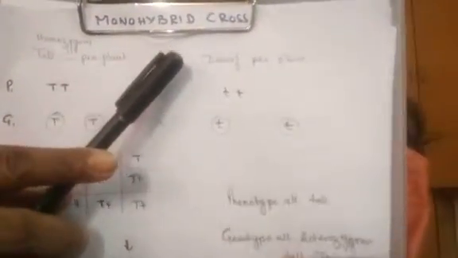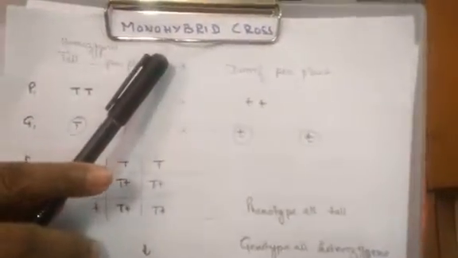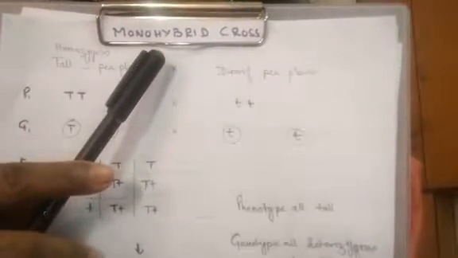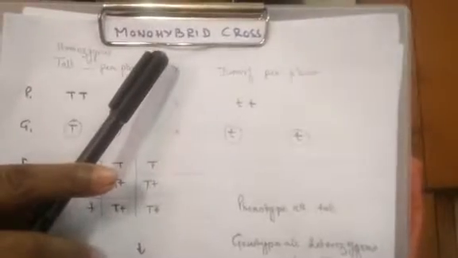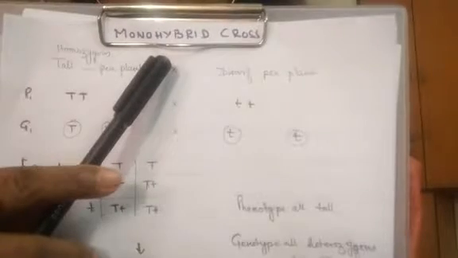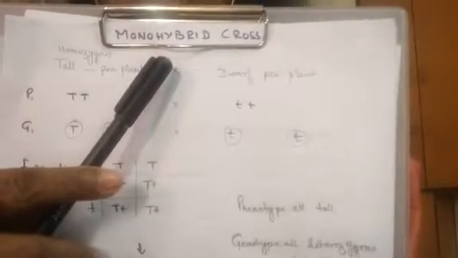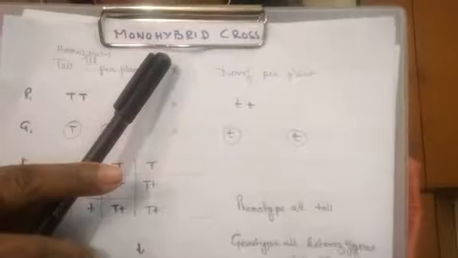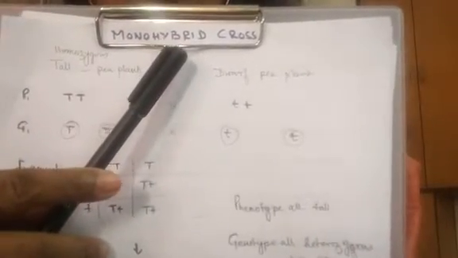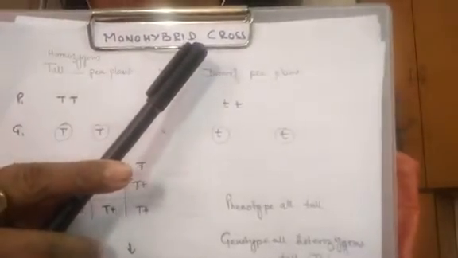Now what do you mean by monohybrid cross? Mono means single. So when we are considering one single characteristic in the cross, and the result will be based on that particular single characteristic, then it is called monohybrid cross. So here we will consider only one particular character. Now, at first the